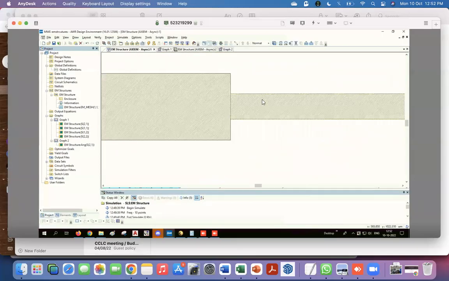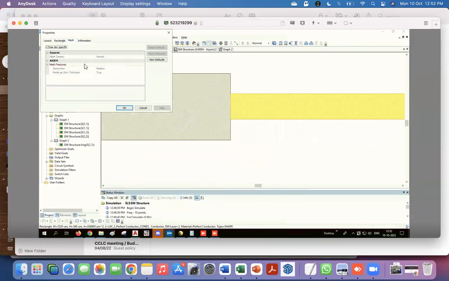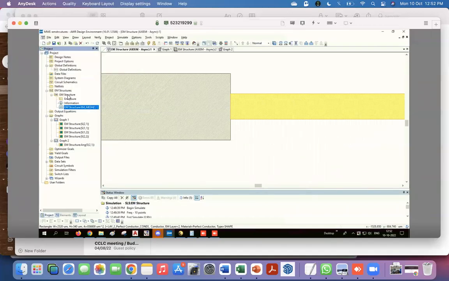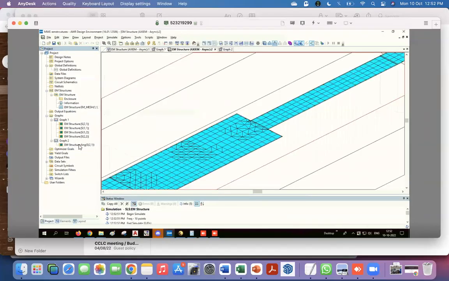So the mesh density can actually be controlled here. Shape properties. Here there's the mesh. And here there is something called use document specific. Those are generic conditions. So if I do this, and in the mesh features under destination, it gives you these different options. So this is the smaller thickness one. If I go to high here and redo the mesh,